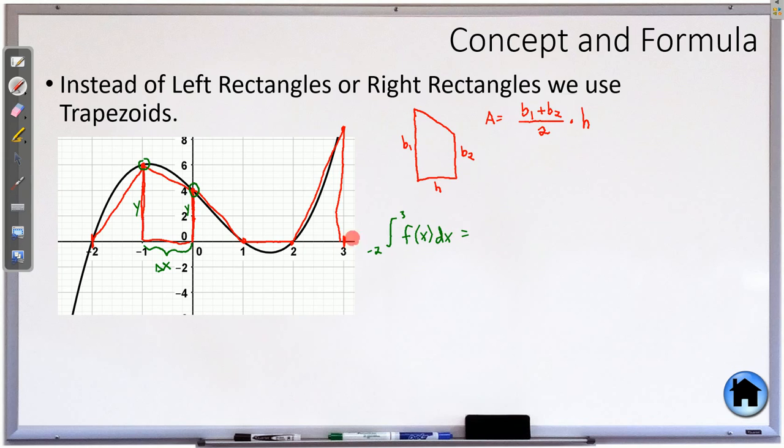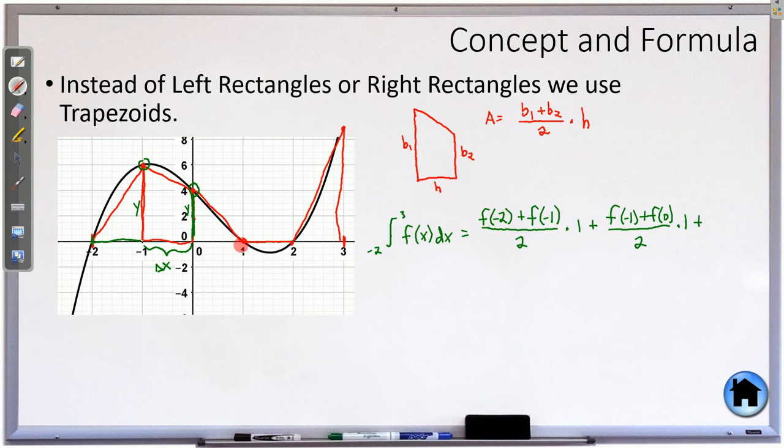what we're going to do is the first trapezoid, which yes, I know is a triangle, but treat it like a trapezoid. So the first base, this one over here, is the y value from f at -2, plus the second base is this height, which is f at -1, divided by 2, just like the formula says, times the height, which is 1, plus the next one. Well, what does the next one use? Well, it uses f at -1 plus the second height will be f at 0 divided by 2 times the height,